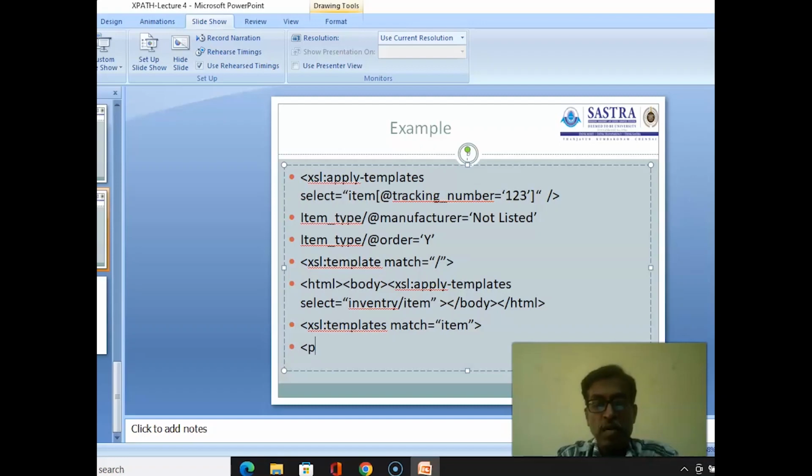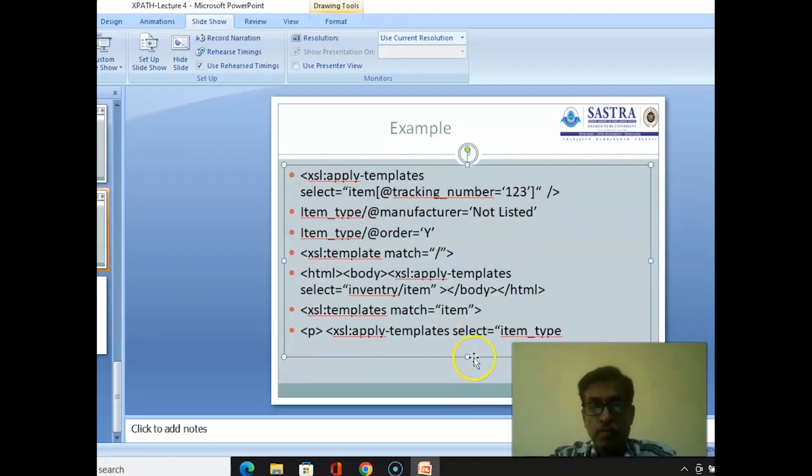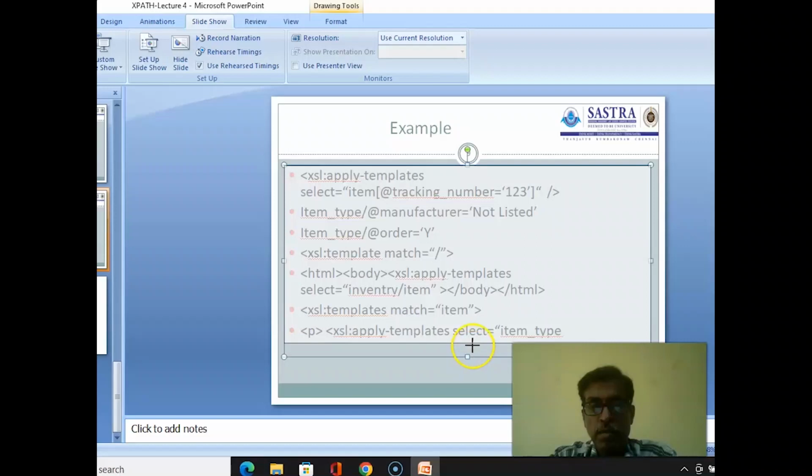Within paragraph tag I'm going to display my content: xsl:apply-templates select equal to item_type